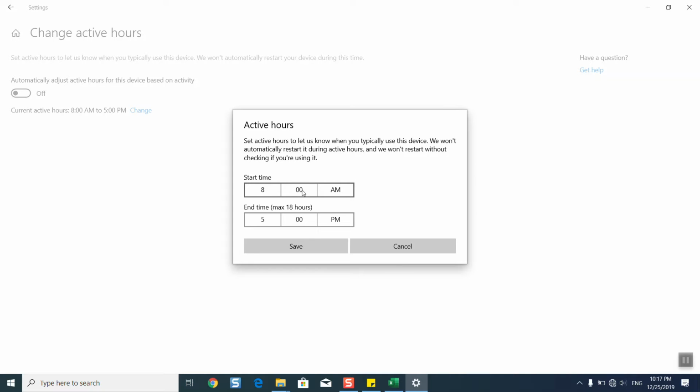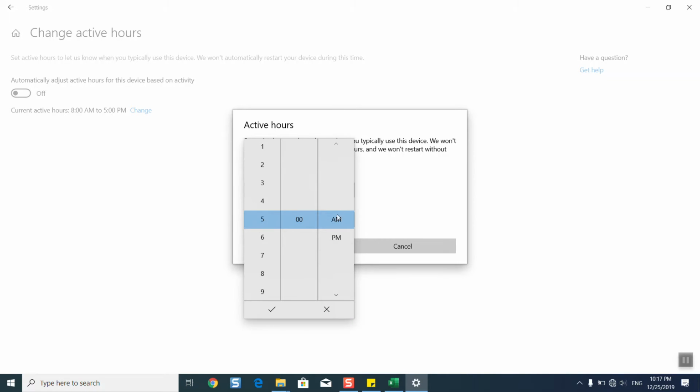So for me, for example, I need to work on the computer from 8 a.m. until 6 p.m. So I will try to set up a different active hour. Here it says set active hours to let us know when you typically use this device. We won't automatically restart it during active hours, and we won't restart without checking if you are using it. So Windows will wait until I'm done. I work from 8 until 5 p.m. So Windows will wait until I'm done before trying to do its updates and also to restart the computer. So here I will just put it on AM